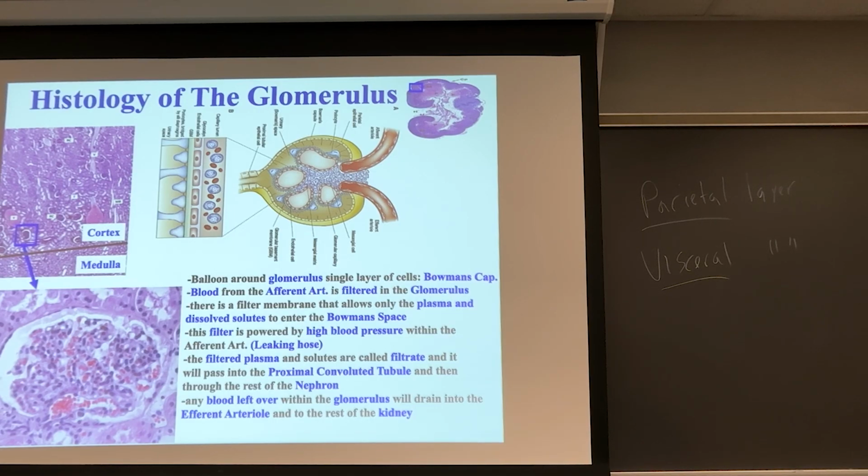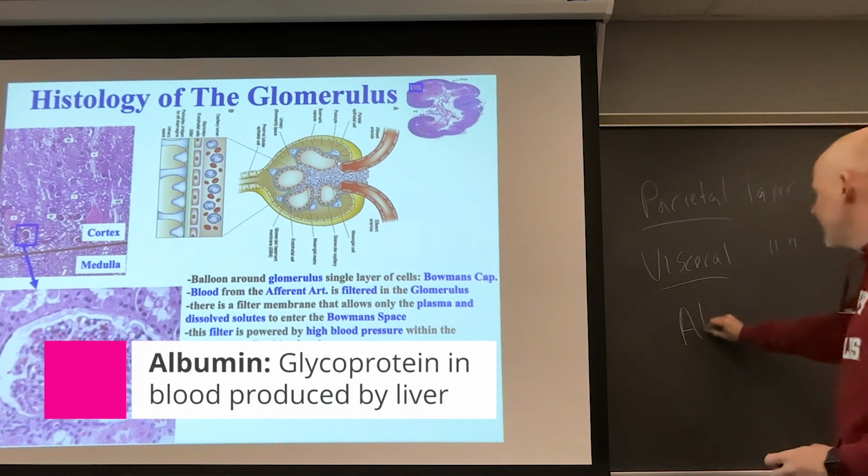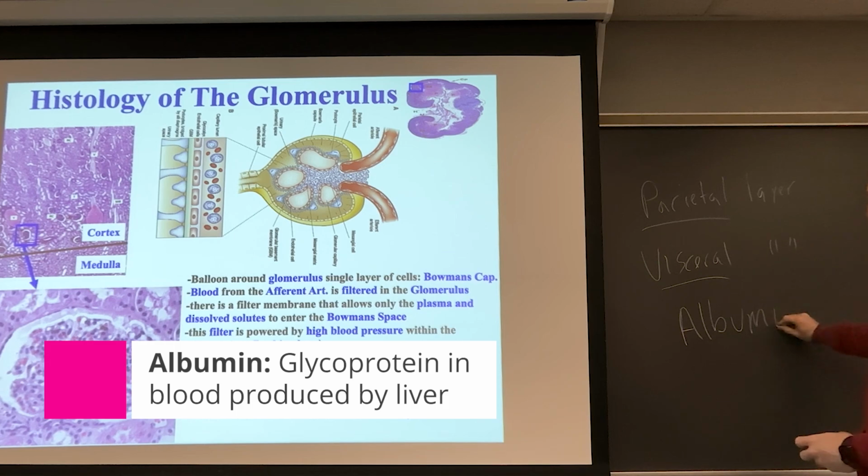And so really large proteins also will not enter the filtrate because they can't fit through the slit membrane. A wonderful example of that is a protein called albumin. So albumin is a really large protein. You probably heard of albumin before. It's found in eggs, right? It's the white of the egg. It's what you eat. Well, you produce albumin too,